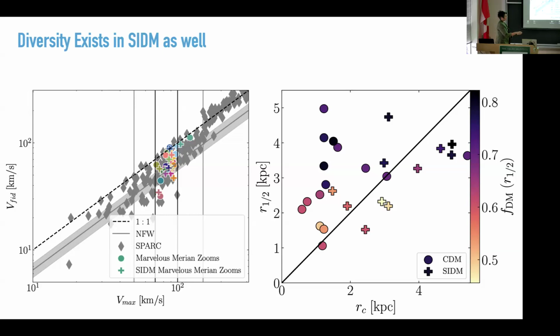But that's not the case in SIDM. In SIDM, right, just like Manoj and Haibo would predict, if you have a lot more baryons, if they're contracted, you get a smaller core. If you have fewer baryons and they're very extended, then you end up with a bigger core. So if this can be tested, and it's not totally clear to me that it can be, it would be one way to pull this out.